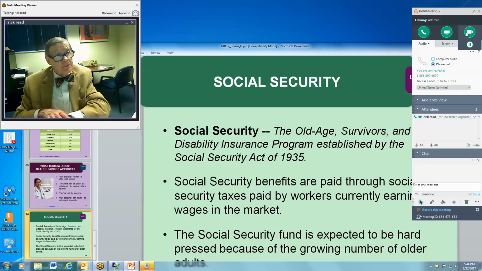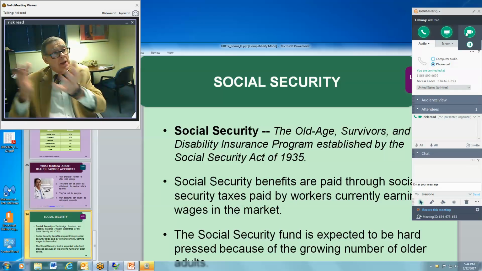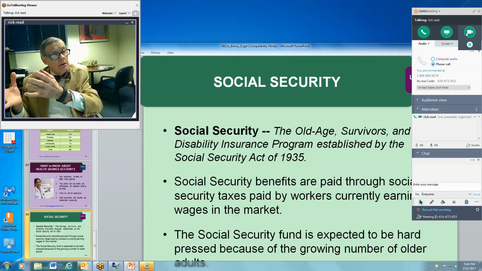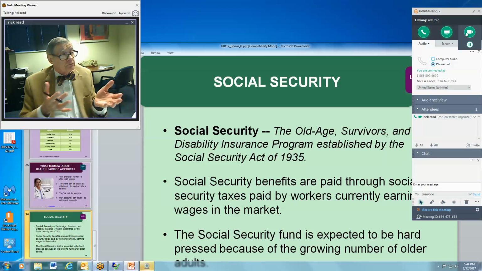Right now, the amount that you pay in is capped at $102,000. A lot of people pay into Social Security that make more money than that. So the question to me is, why shouldn't they pay on that higher amount? Now, the converse is, well, let's raise the Social Security retirement age. All right. For a person that's making $102,000 or more a year, raising his or her retirement age probably isn't going to make any difference.